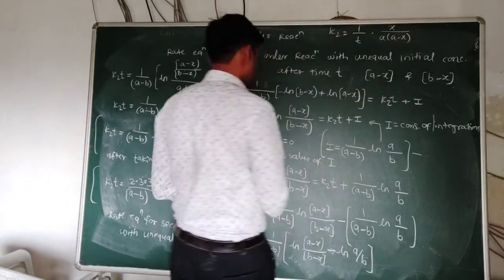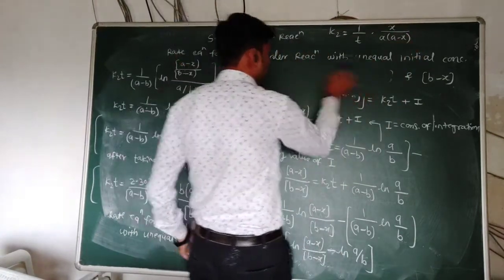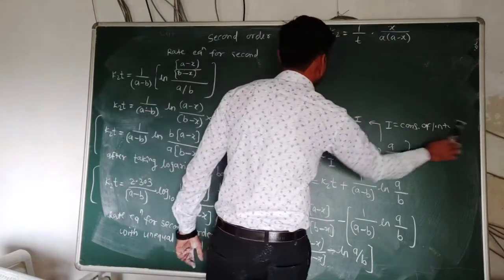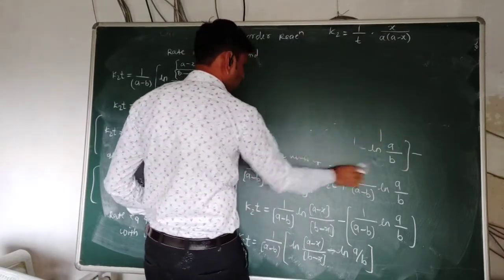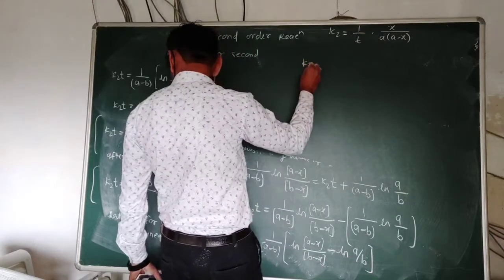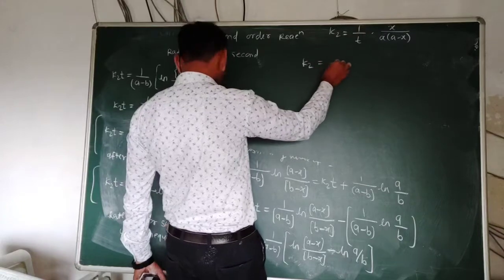This is the equation for equal initial concentration, and for unequal initial concentration, that is k2 equal to,